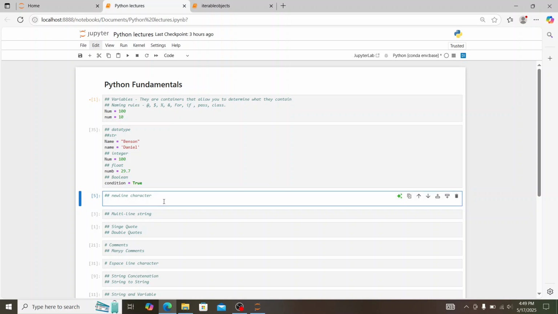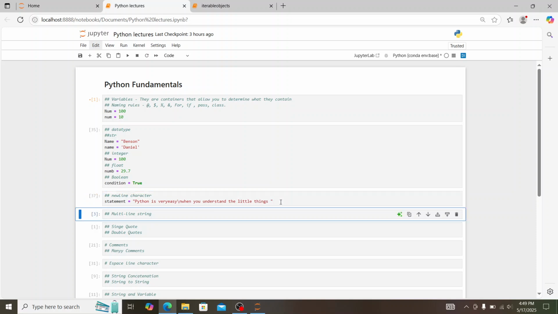An example will be a variable called statement, and I write the text. The demarcation of the new line is \n. So they're all together. Now when I run this,